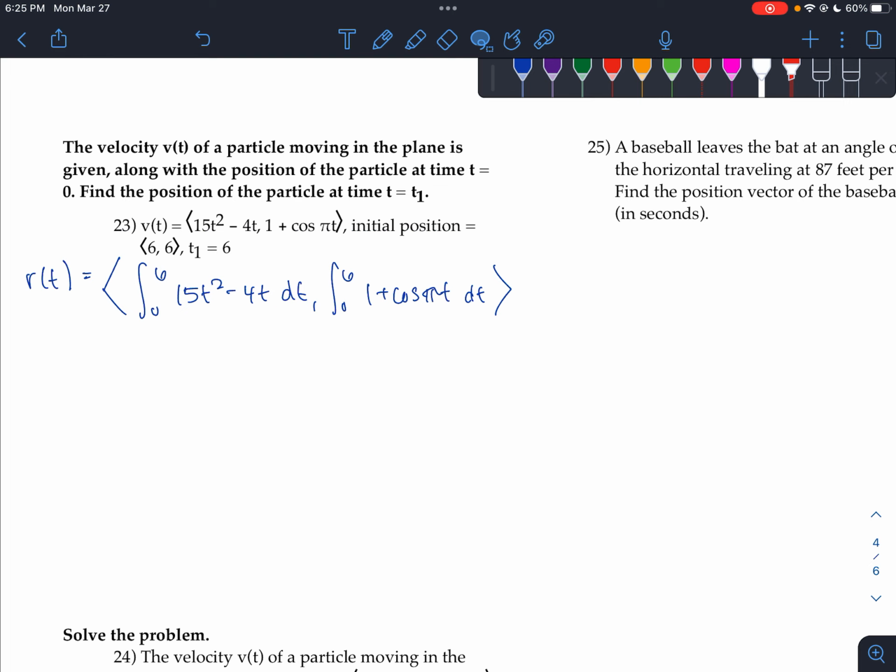All right, so yeah, r of t is going to be equal to, so let's do the antiderivative. The antiderivative of that has to be t to the third, so that's going to be 5t to the third. Minus, that's got to be t squared, so that's going to be 2t, from 0 to 6. And then that's going to have to be t, plus